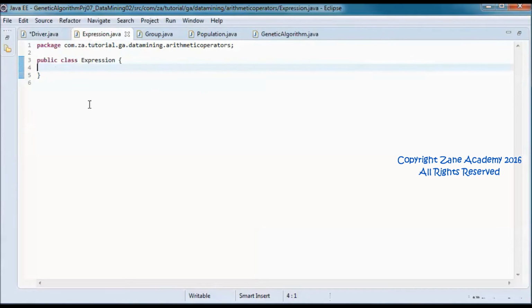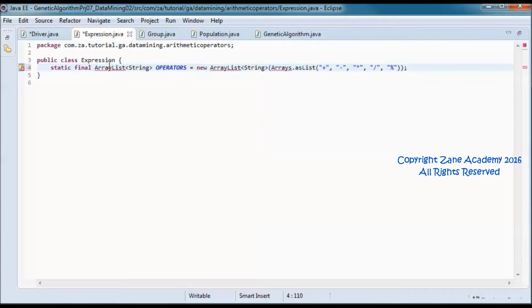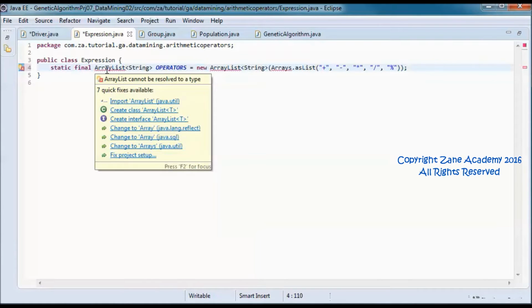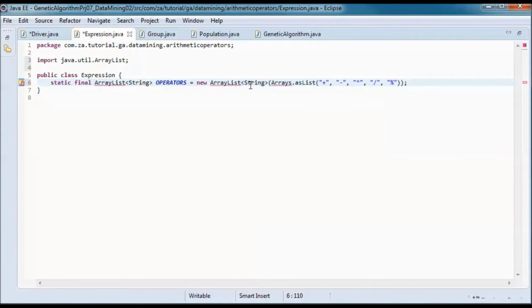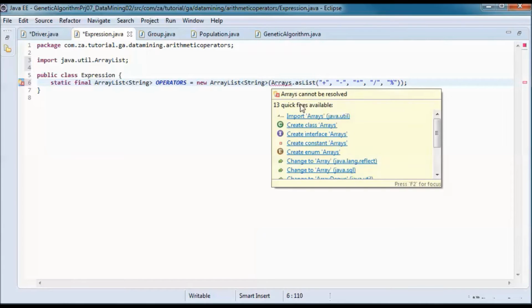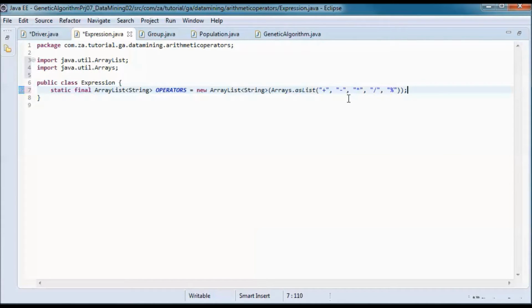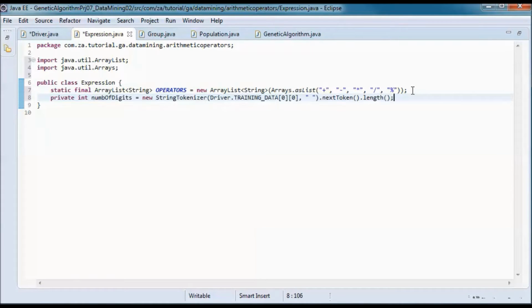And we will define the operators that can be used in this application here in the expression class. So we can use addition, subtraction, multiplication, division, and modulo operators. And the operands in the expressions can have 1 or more digits.